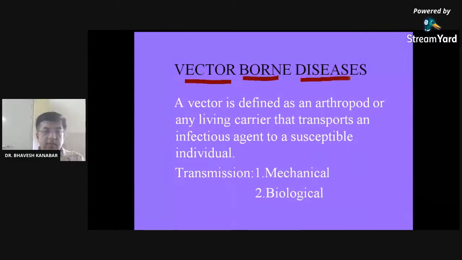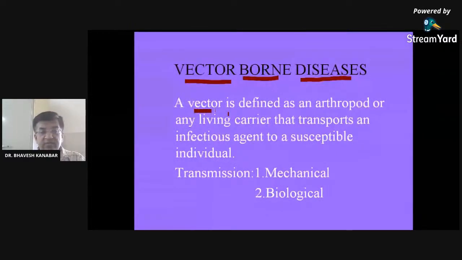Apart from the mosquito, there are other vectors, not particularly for malaria, but I am telling you about other vectors like the housefly. Housefly is also a vector. Rat is also a vector, right? In the case of malaria and dengue, these are mosquito vectors. If you know the name of the mosquito which transmits malaria, write down in the chat box. Till then, we are going to see what a vector is.